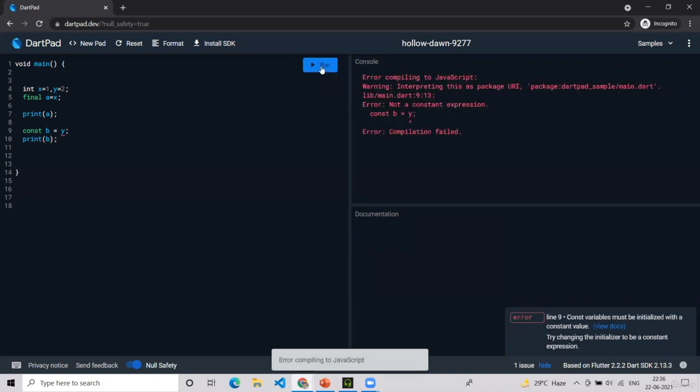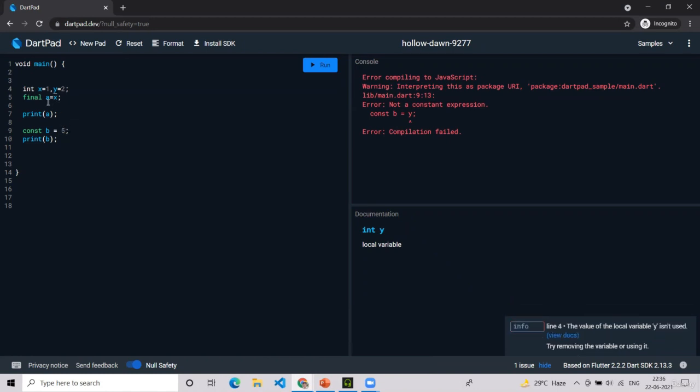Let's see. It will show an error, because we cannot just write something which is not already there. Here, if we are using a const, the value has to be written, like 5. But in the above, final a is equal to x, it's not showing any error